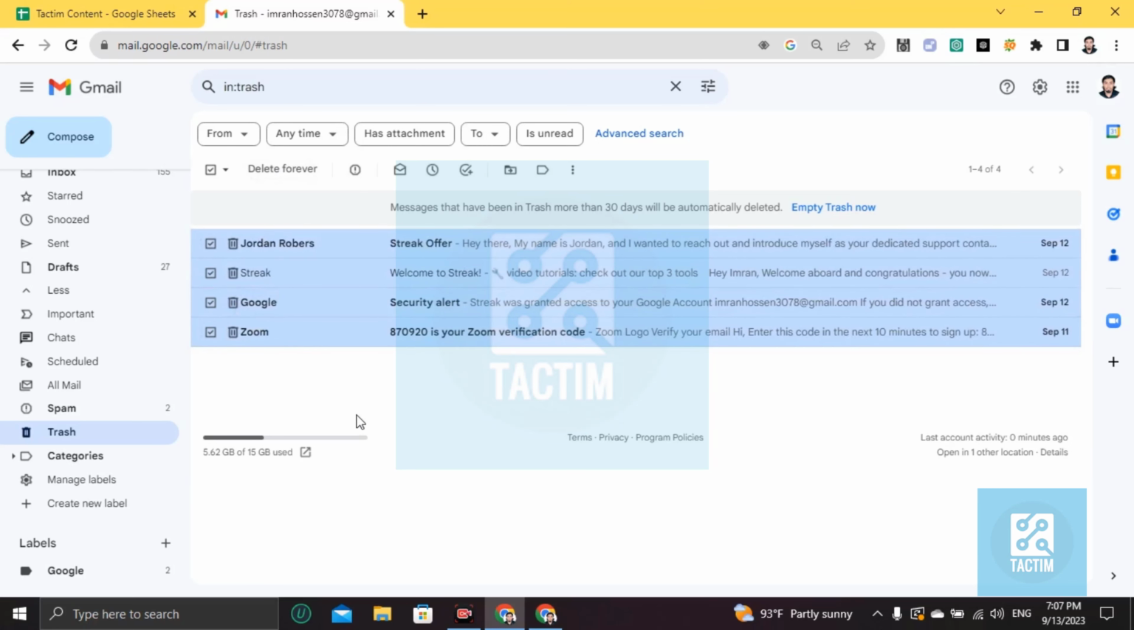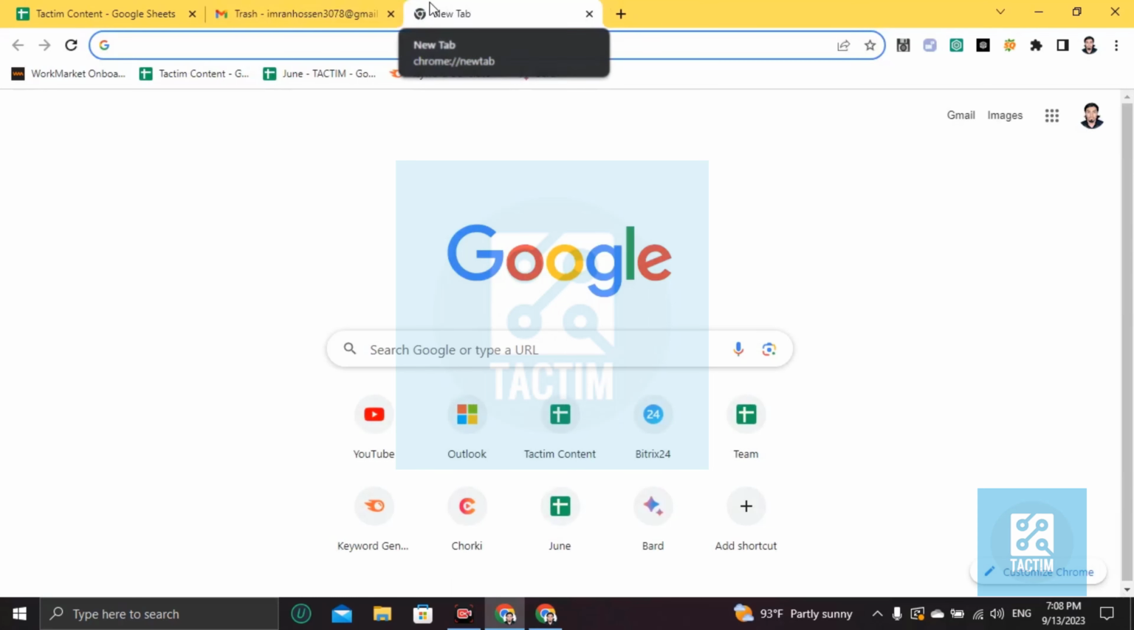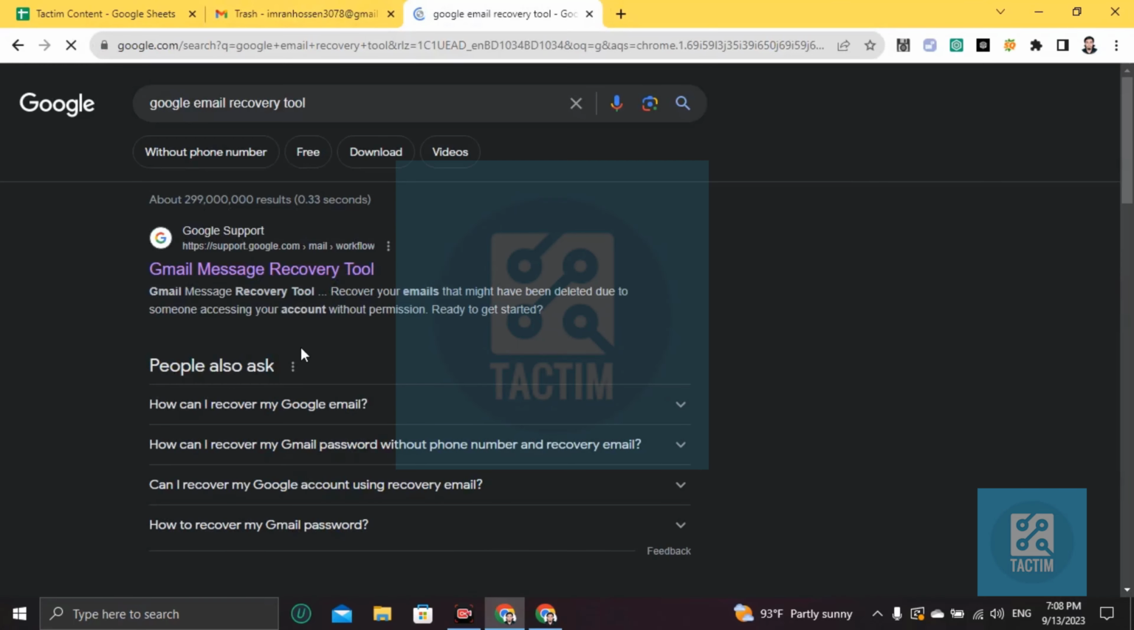Okay guys, so if you delete these mails forever like this, how can you find them now? You cannot find them. A Google tool is there, but let's try the Gmail Google recovery tool, this one. Click on this,